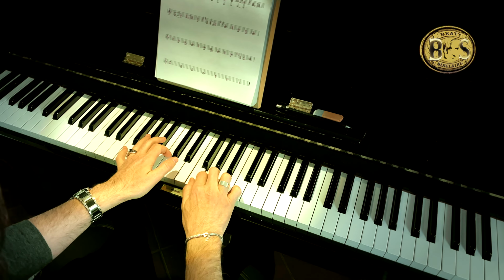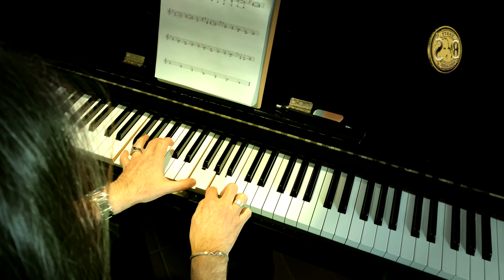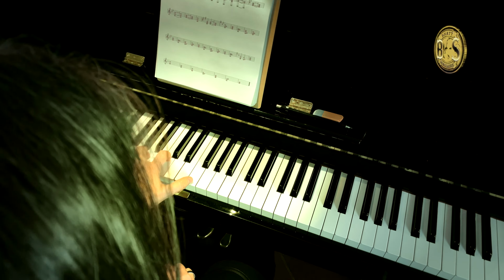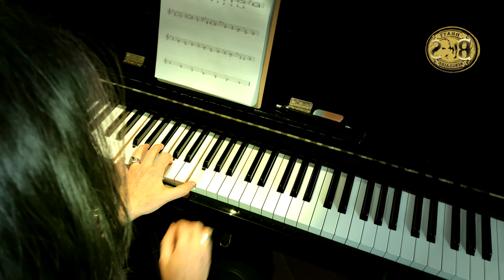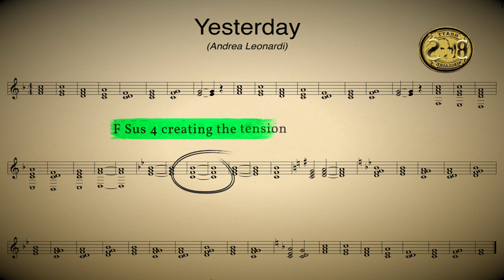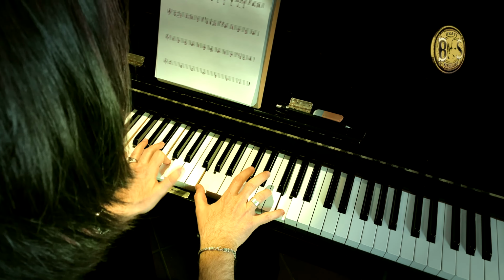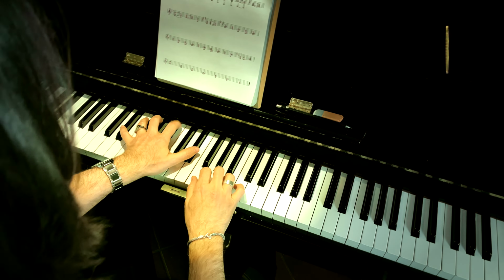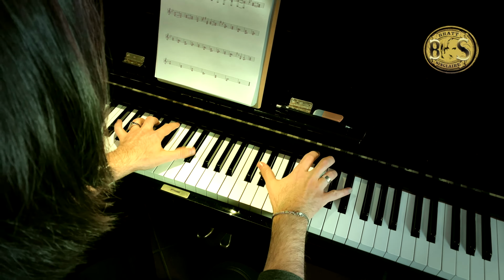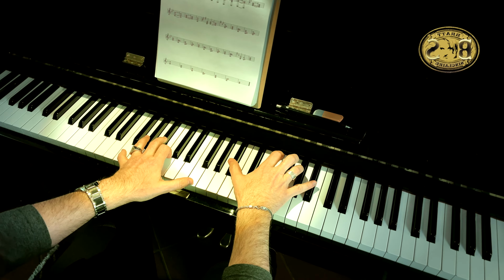Please notice this one. I never go for the major chord. I always keep it sus 4 in order to create this tension here, okay? E-flat again. Now F4.